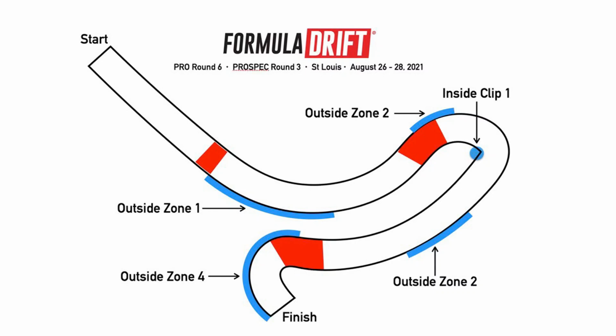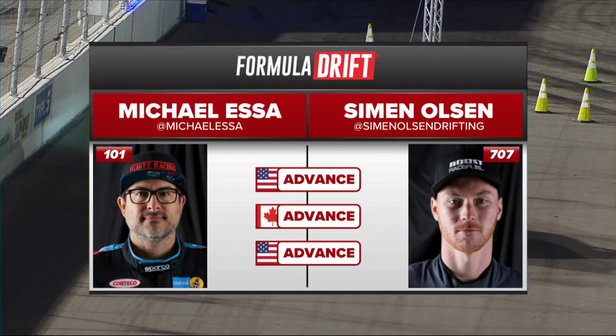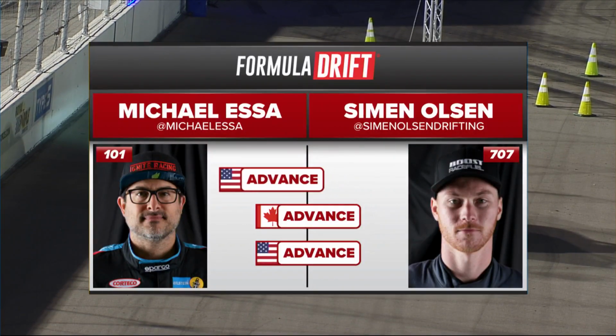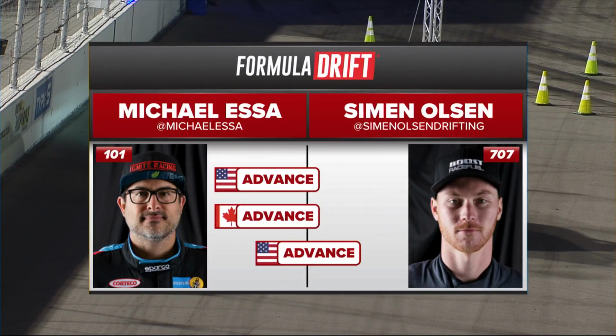I think it was a case of a Rome KAZUYA situation where through not as much nasty angle that Rome did, but you saw it progressively slowing down, and I don't think he would have linked that transition and that sweeper of that outside zone 4. It wasn't going to be as violent and as apparent as Rome's. That's my quick assessment, just seen from the overhead camera. But Simon Olsen, Michael Essa, let's see what we got here. And there we go. Michael Essa gets the victory. A great effort by Simon Olsen. I think he really trusts